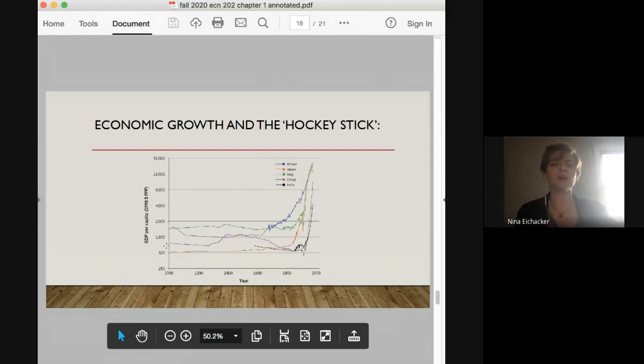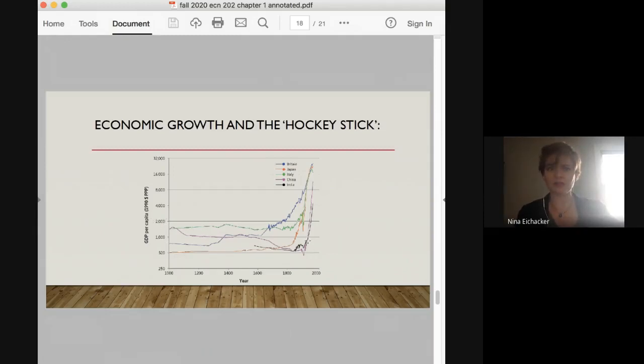So if we compare growth in economies from 1000 to 2000, what we see is that for many large economies that have had importance over world history, economic activity was roughly constant from the year 1000 until, let's say, 1750. Some point in 1750 onwards, we start seeing rapid development and growth all of a sudden per